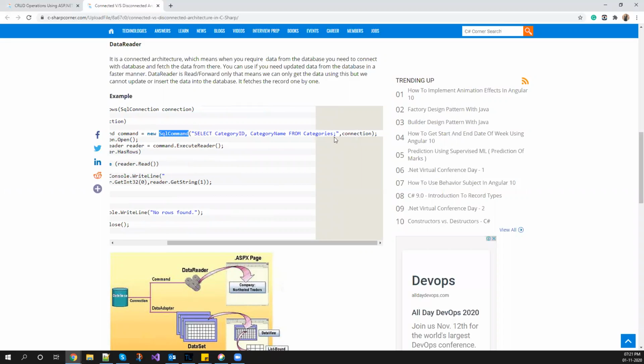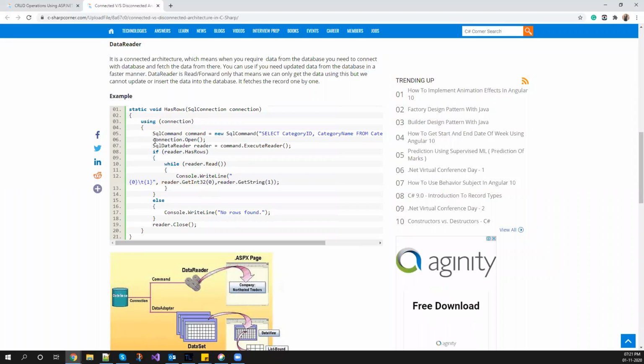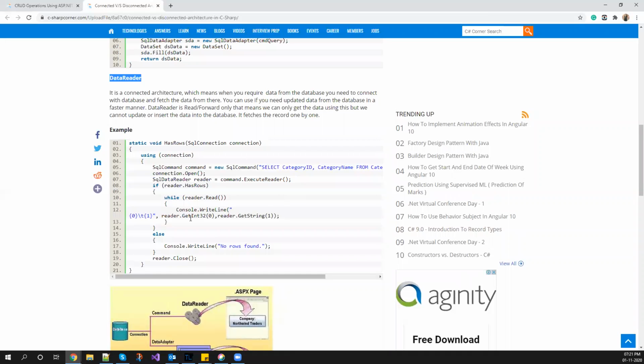Or you can also mention your procedure name, if you have created a procedure, and this will take the connection object. Now you're opening the connection. This is what I was talking about, making a connection to the database. SqlDataReader, this is the data reader we talked about, if this is the connected architecture. And ExecuteReader, in this command there are three types of command: ExecuteReader, ExecuteScalar, ExecuteNonQuery.